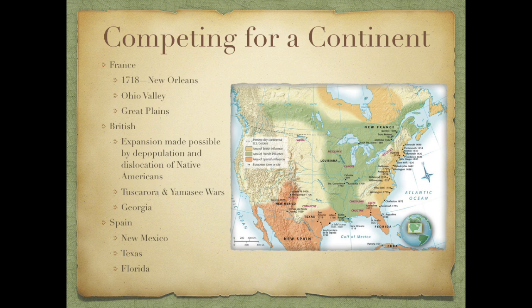Spain sought to maintain its North American presence despite its European as well as Native American adversaries, with some limited success. In New Mexico, they awarded grants of 26 square miles if 10 or more families would move in and found a town. These towns were similar to those of early New England, where everybody had houses in the town. You had a church and a meeting hall and everything there, and then acreage for the families was outside the town and not directly attached to their living space.